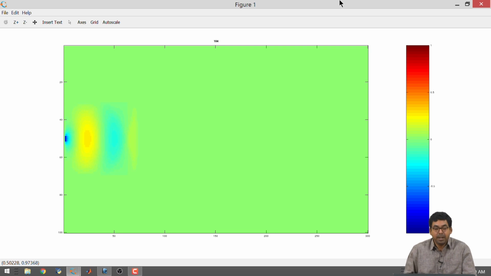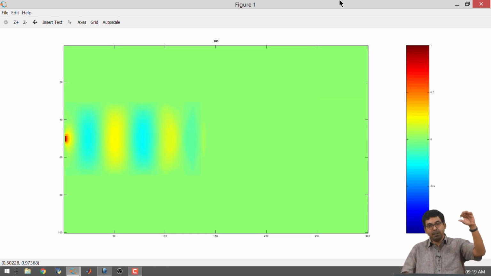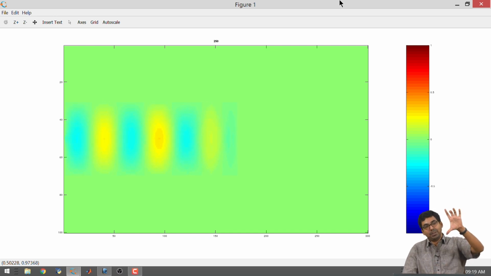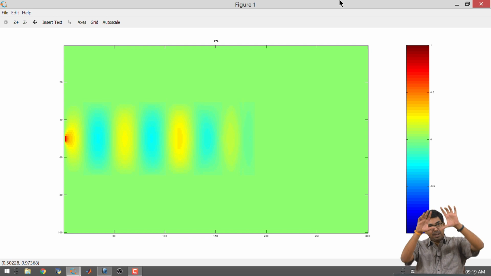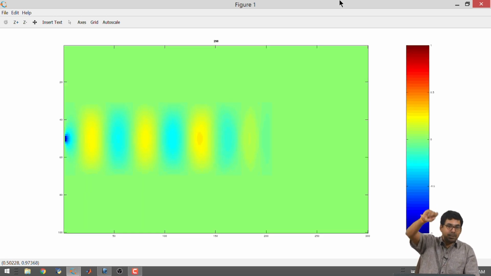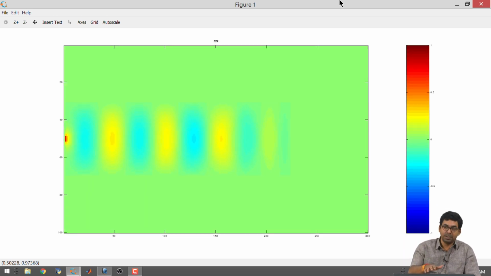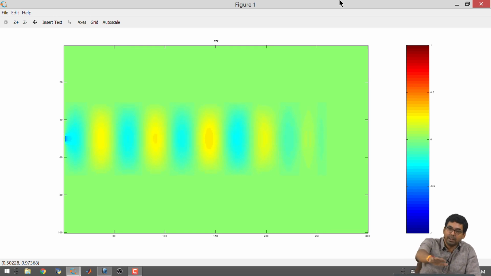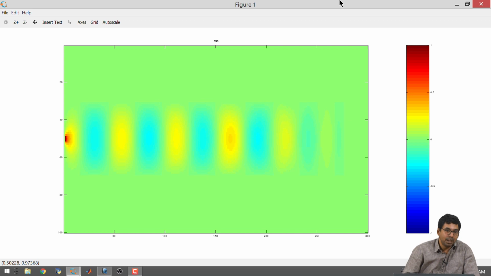Right. Now, immediately I notice that I may have to make a modification because the source is defined at a single point, but the waveguide width is large. So, the energy is spreading through the area of this waveguide and the intensity of the spots is becoming lesser. This gives us the illusion that maybe something is happening, but what we will do is increase the intensity at the point source and then start to look at it again, right.